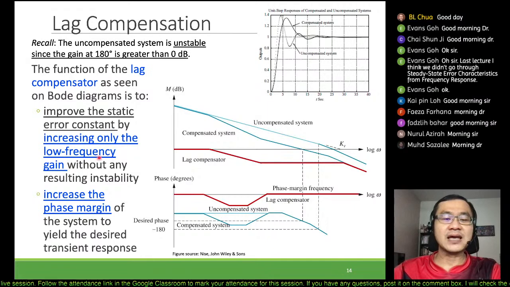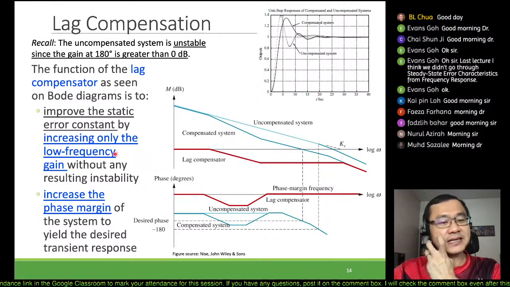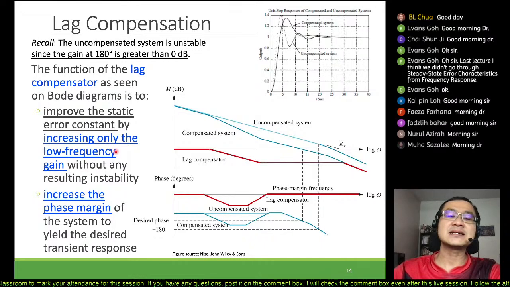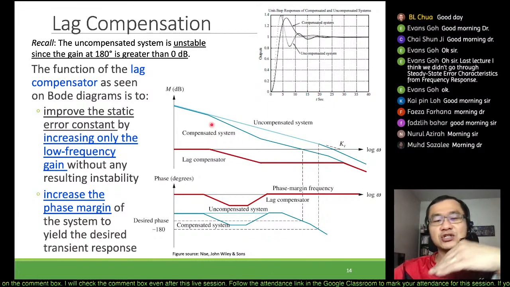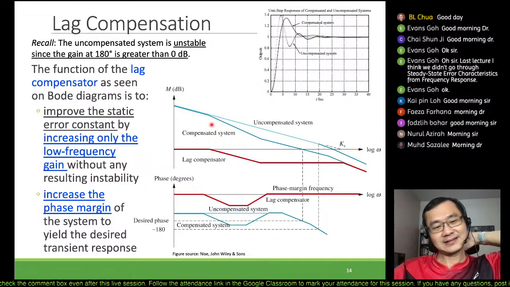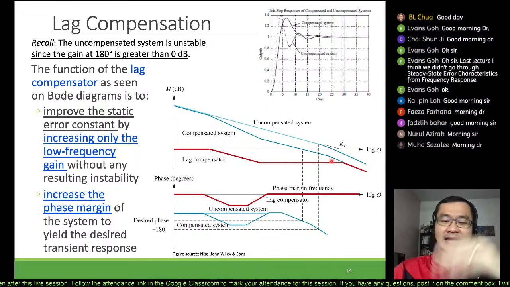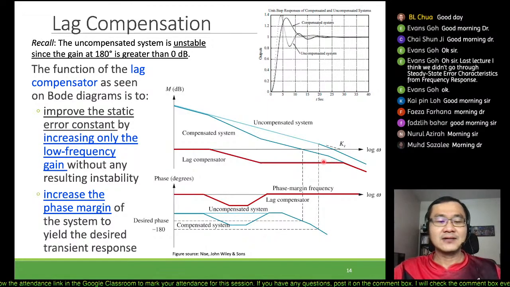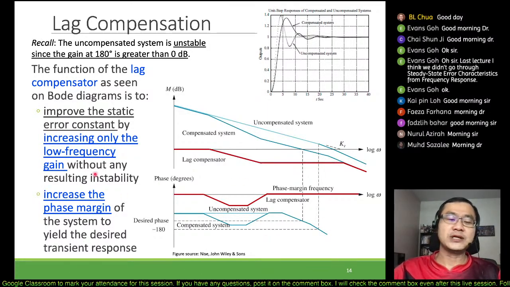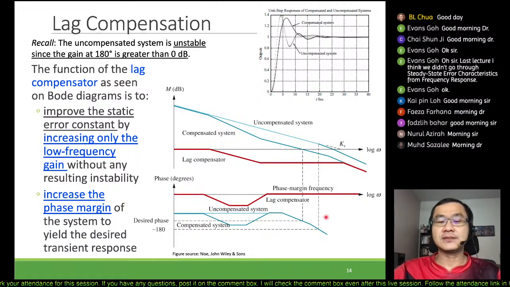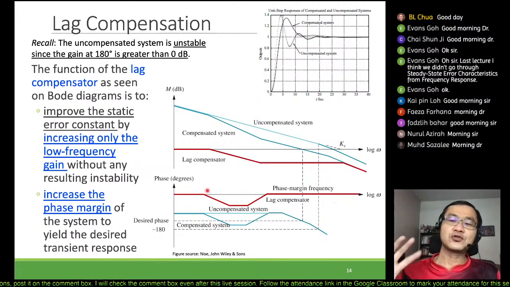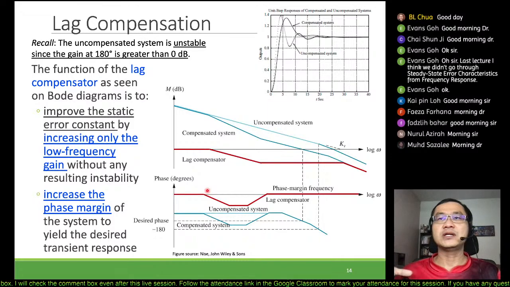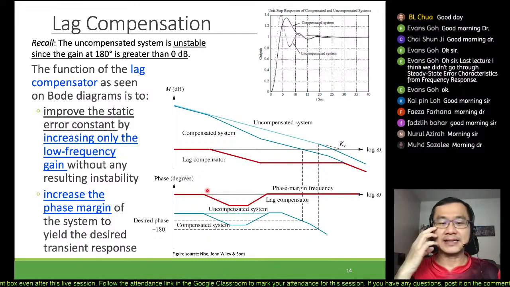Therefore, we can improve the static error constant by adjusting the low frequency gain itself, without later on causing instability, because when we lower the line, it means we increase the stability, right? Another one would be to increase the phase margin of the system to the desired transient response. So it has to come in a pair when we design using this frequency response technique,